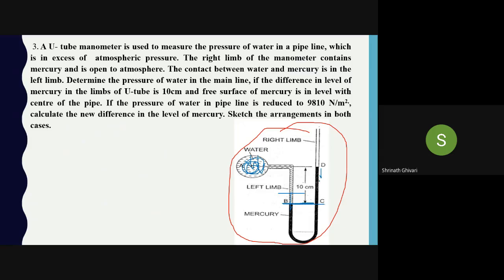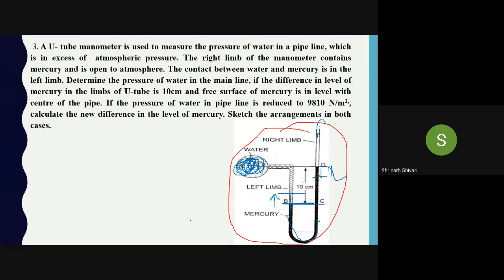Why? Because the quantity of mercury does not change, it stays the same, since I am not giving any other outlet to it. There is only an outlet here. Till this point, it won't reach. Okay. So it is applying some atmospheric pressure. Fine. So if I reduce the pressure over here, what will happen? Water automatically goes up, and the mercury along with that will rise here. And here the same amount of mercury will drop in the right limb.